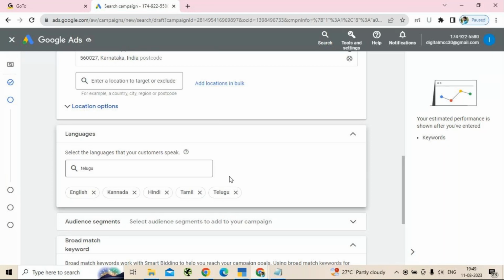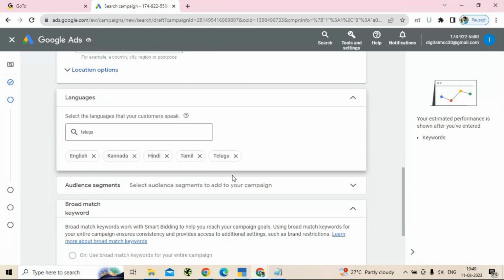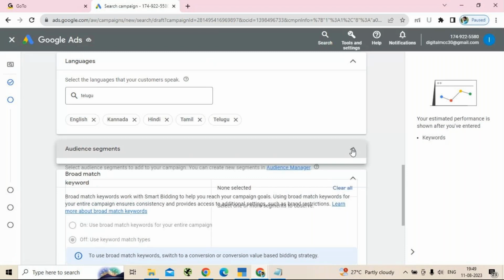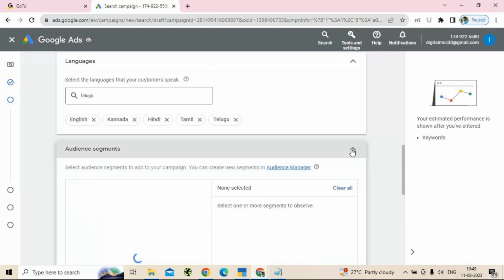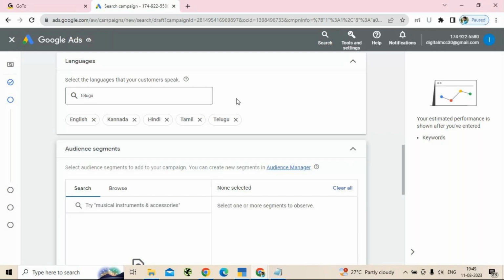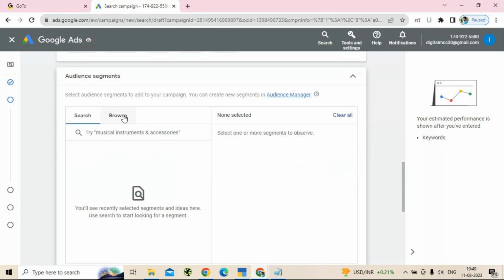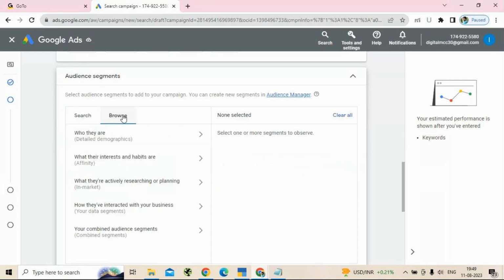Okay, so the next thing is audience segments. As you have seen in the previous Facebook ads, we had an option of demographics, then interests and behaviors, and based on that we had a list of sub options. Here also we are going to find audiences of different types. I'll go to the browse option.